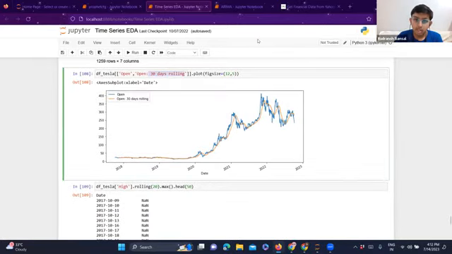Till then you can download the ARIMA notebook. If I talk about this point, its value is dependent upon the mean of the previous 30 days. You can see the previous 30 days, somewhere over here. If I take this value, then it depends upon the previous 30 days. This blue chart is the actual value, and this yellow line is the 30-day moving average, that is, the average of the previous 30 days, as simple as that.